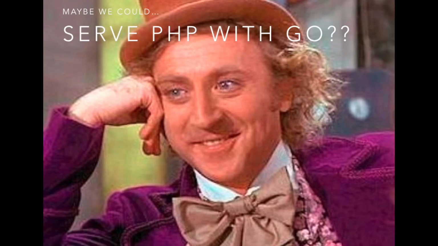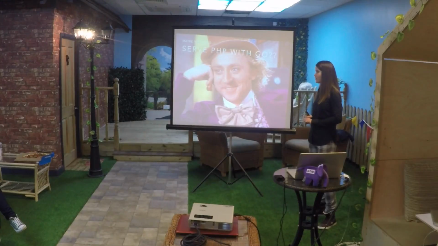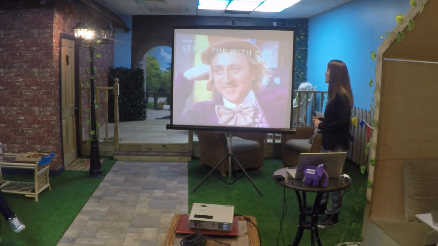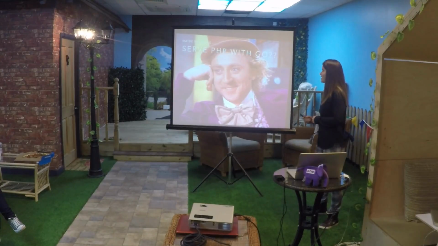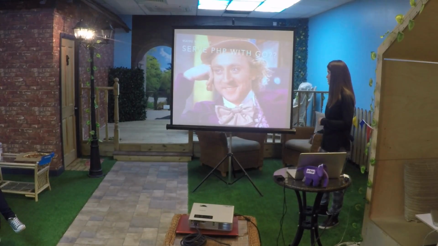And then when I was writing these slides, I was like, ooh, what if we, could we serve PHP with Go? Because I was saying that you can do pretty much anything. Well, turns out you can't quite do that yet, because even though Go's net HTTP package supports FastCGI, it only supports the receiver side of things, not the sending side. So you can't quite do it with FastCGI. You would have to serve PHP with CGI, which is slow, and you don't want to do that. So can't quite do that yet, but I thought, maybe one day.